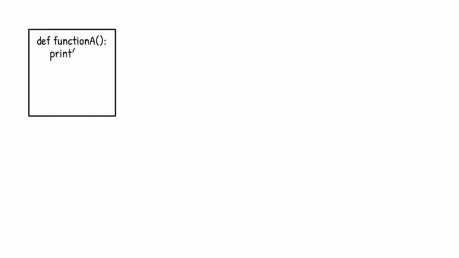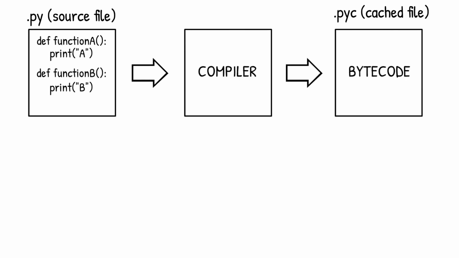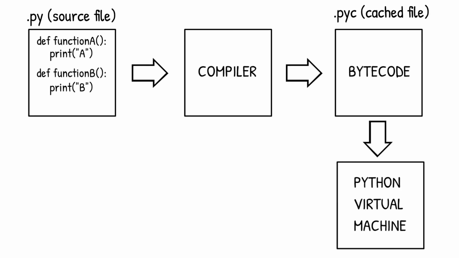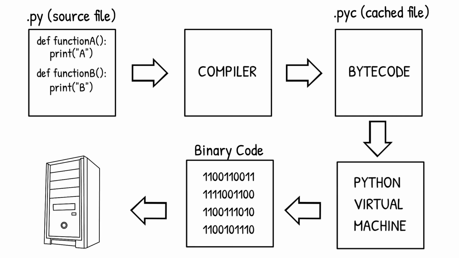To summarize, the source code written in .py file is converted into bytecode by the compiler. Then the bytecode is interpreted in a Python virtual machine, to convert it into machine-readable binary code. This is how a Python code is executed. Understanding of this concept will lay a good foundation to proceed further into the tutorial.